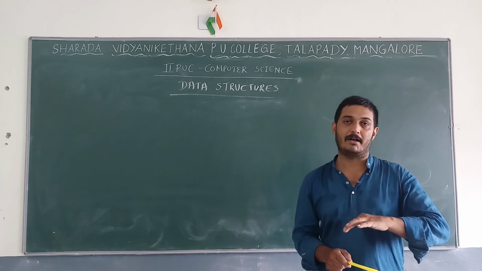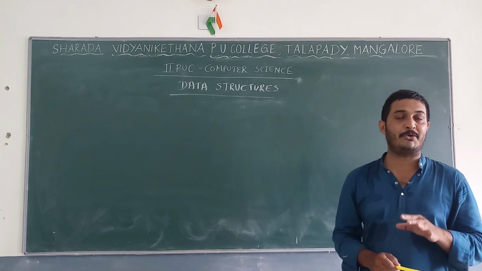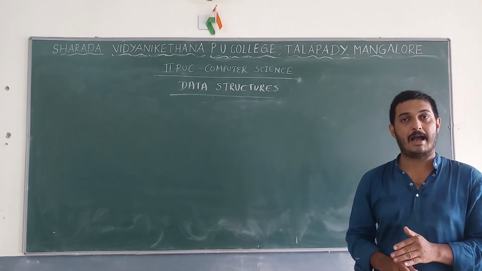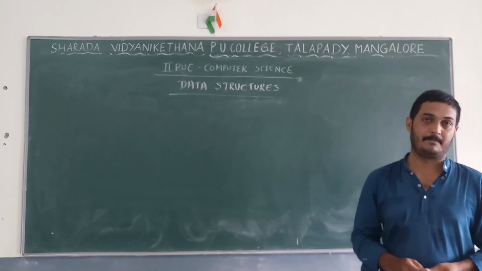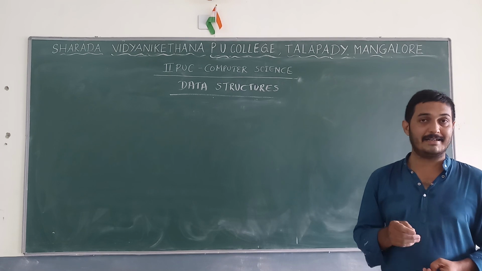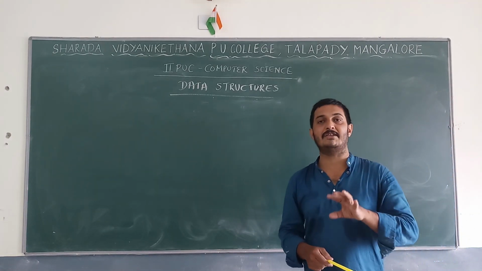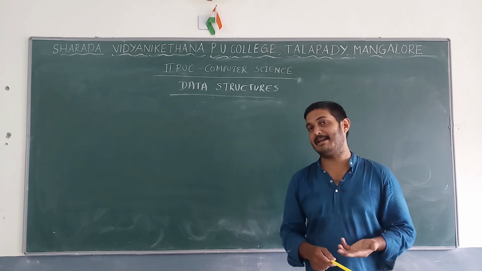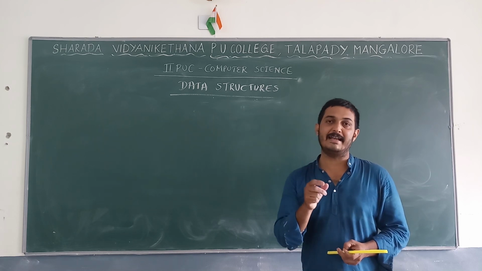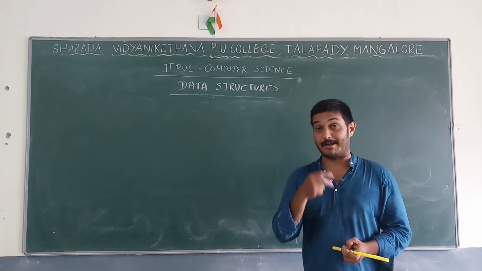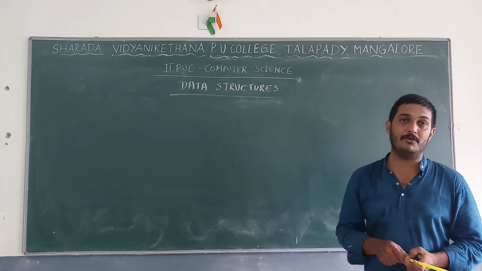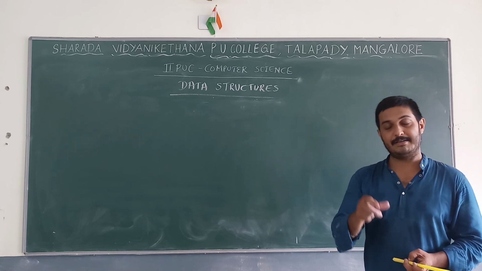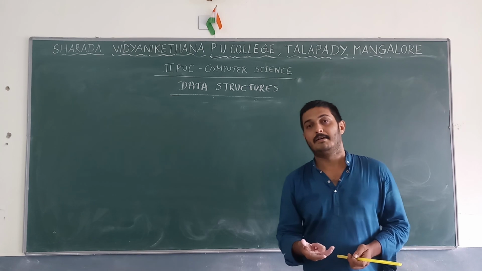Next we studied queue. What do you mean by queue? Queue is a linear data structure where insertion takes place at one end called rear and deletion takes place at the other end called front. We also studied its diagram. Broadly there are two operations. The first one is NQ, which indicates how to insert an element into the queue, normally from the rear end. The second operation is DQ, where we delete an element from the front end.